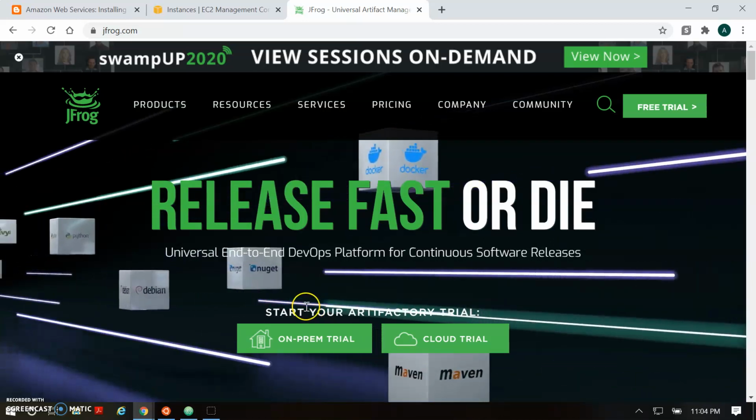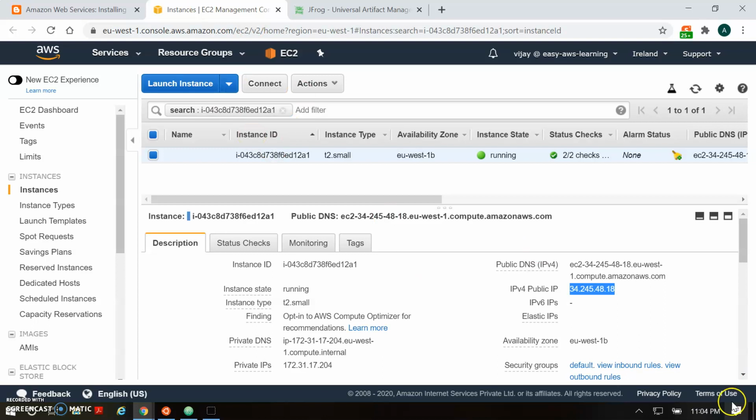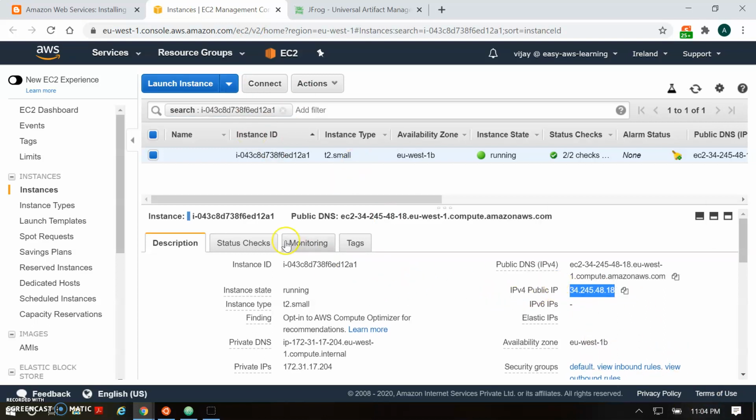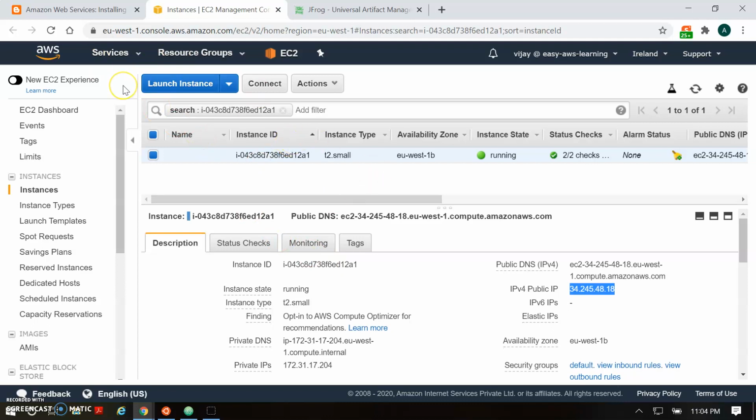So let's start installing on my instance. I'm not covering the steps of how to create and connect to the instance. We have a different session completely on AWS; you can go through that tutorial to see how AWS works.